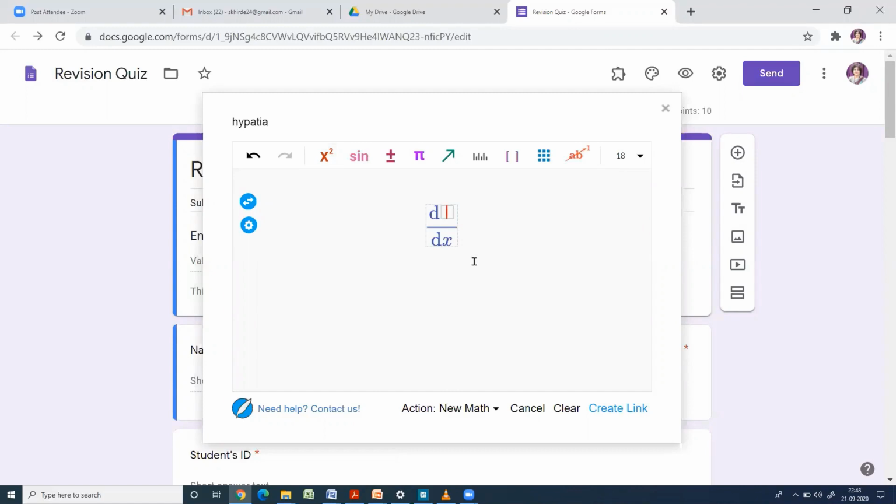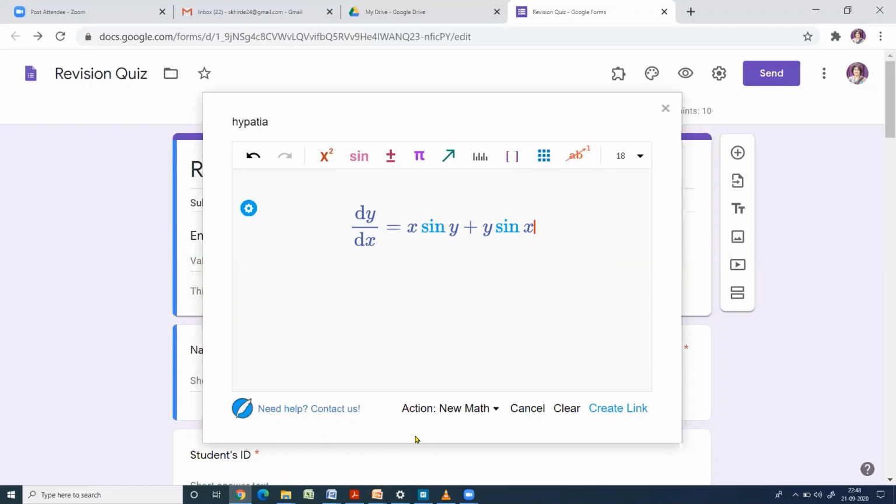So you write here dy by dx is equal to x sine y plus y sine x. So this is how we can type the equation in Hypatia.